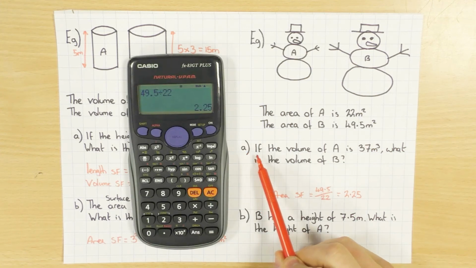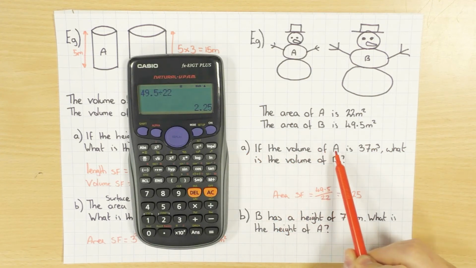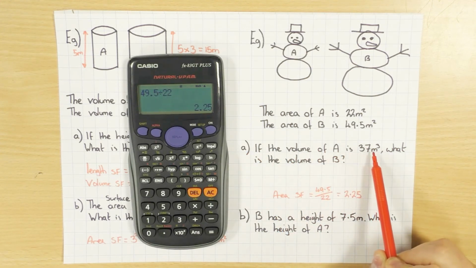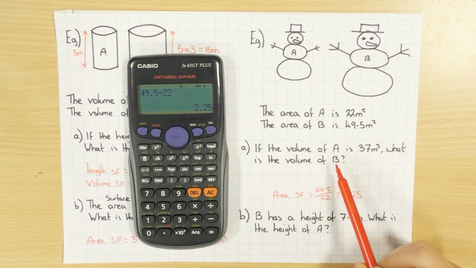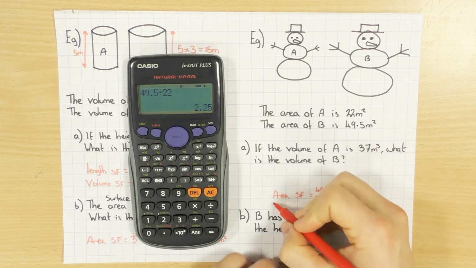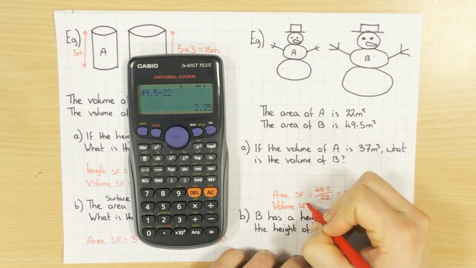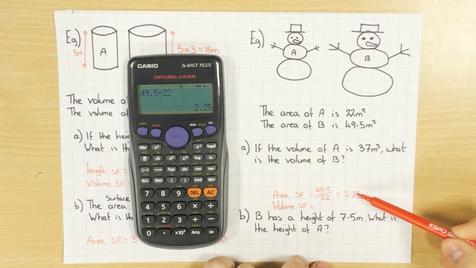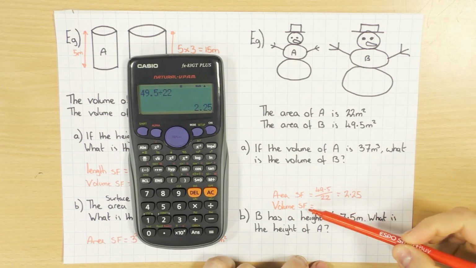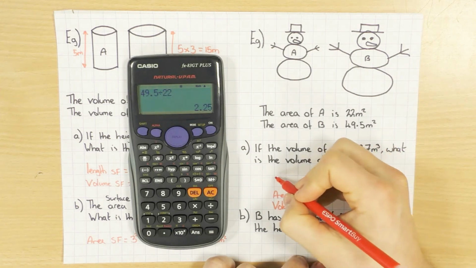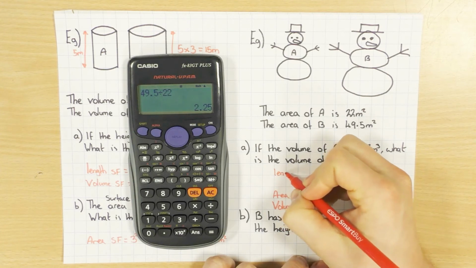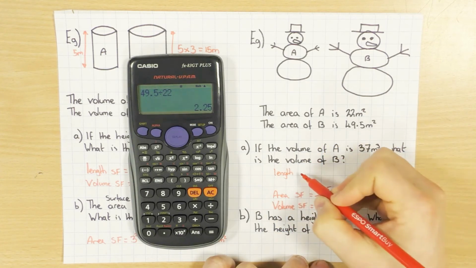So part A, the actual question, says if the volume of A is 37 meters cubed, what is the volume of B? So I need the volume scale factor. Okay, but there's no way of going from the area straight to the volume. You've got to go backwards to the length scale factor first. So the length scale factor,